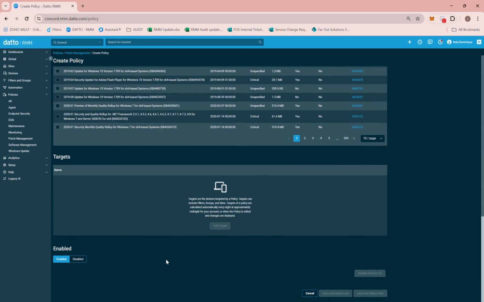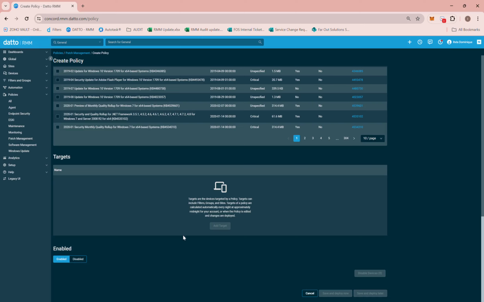Next is enable and disable. Enable and disable determine whether a policy is active or inactive. An enabled policy will run based on its schedule and conditions, while a disabled policy will not execute until it's re-enabled. Use these settings to control when policies are active.